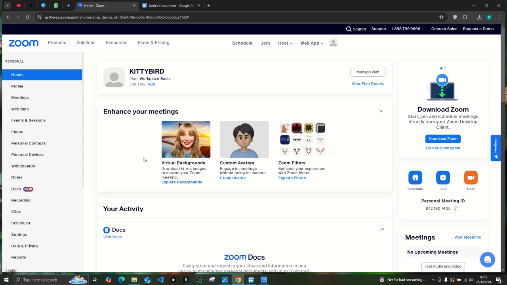How to check your recovery code in Zoom. How to check your recovery code in Zoom. The first thing you do is open up the homepage of your Zoom app or your website, that is zoom.us. Go to the homepage and from here, left side here, click on profile